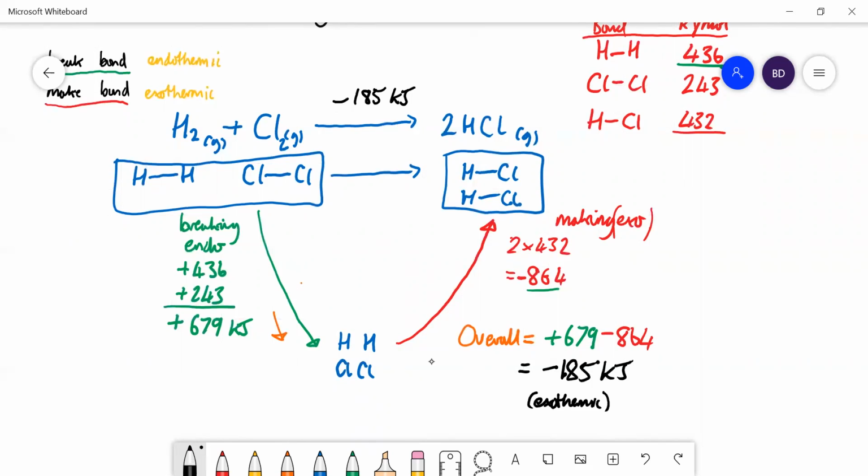But it's very easy to make mistakes in these. So it's a good idea to always write down that number. That's the energy you put in, and write down that number. That's the energy you put out. You get 1 mark for each of those, and the 3rd mark you usually get is for just working the